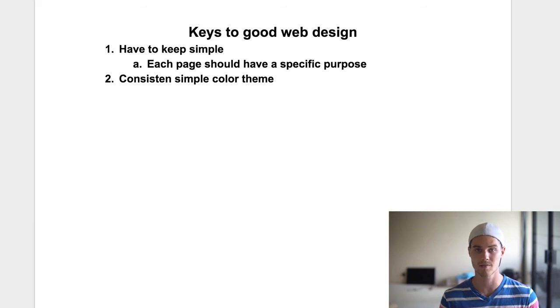To me, that screams scam, and to a lot of people that screams scam, and that's not gonna have somebody actually trust your website and want to buy from you. Okay, so have a consistent, simple color theme, preferably neutral colors, so that would be blacks, whites, grays, and then